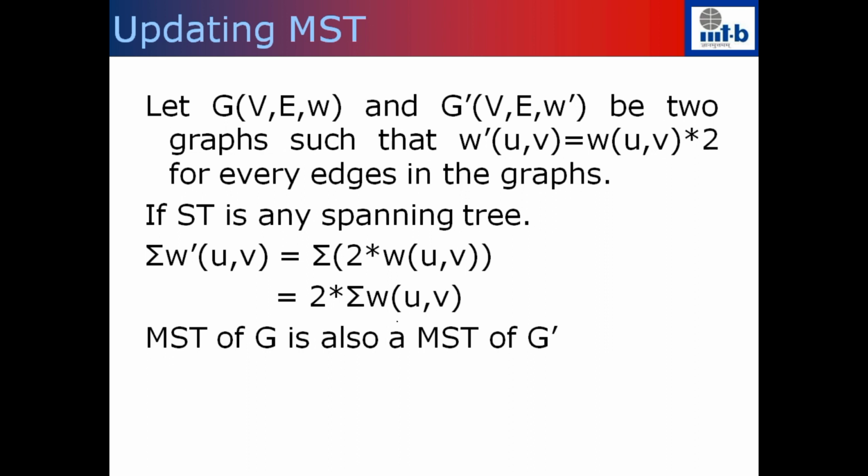So if you have a minimum spanning tree for G, the same minimum spanning tree will also be the minimum spanning tree for G dash. Similarly, if you have a maximum spanning tree for G, that will continue to be the maximum spanning tree for G dash. Instead of a C, we can always multiply with any positive constant here. So if you multiply with a positive constant as seen in this diagram, you can always take out the constant from this, and the minimum spanning tree or the maximum spanning tree doesn't change.